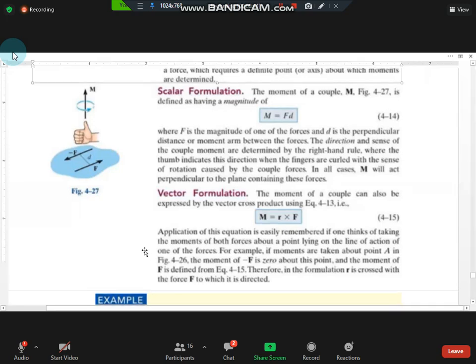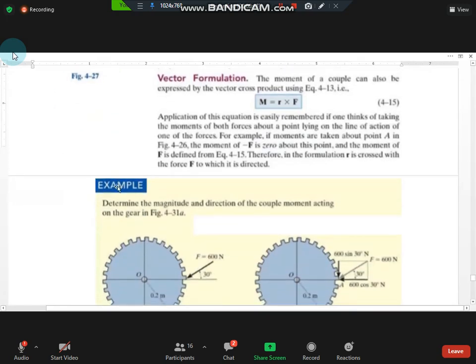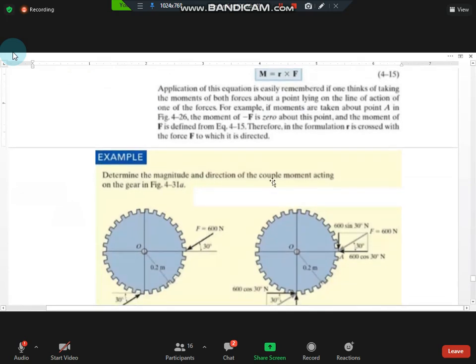Now look at this example, which clears the concept of couple moment. Determine the magnitude and direction of the couple moment acting on the gear. This is the common shape of a gear which is found in different mechanical machines, and that mechanical machine moves from